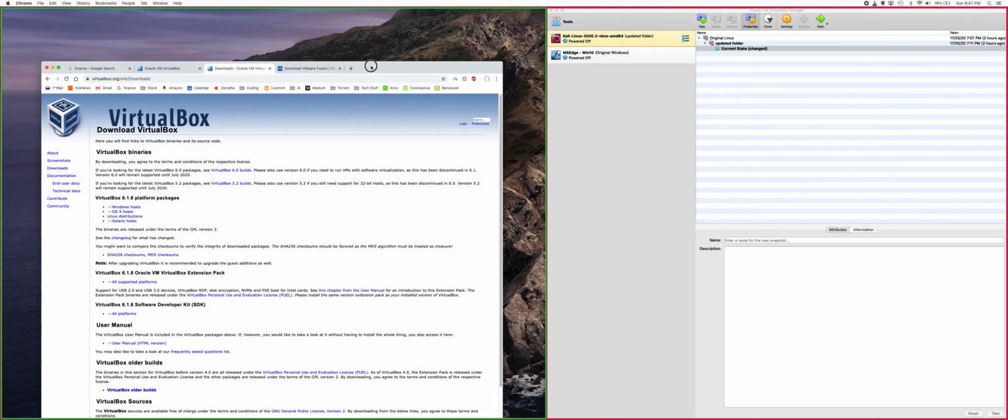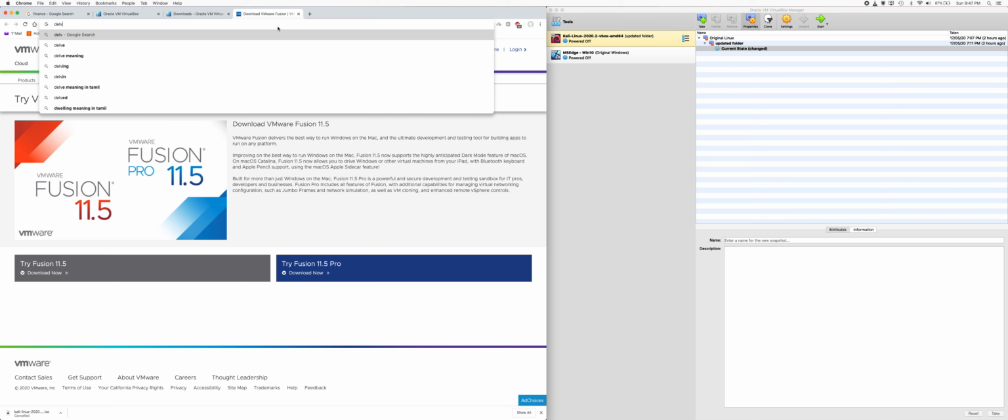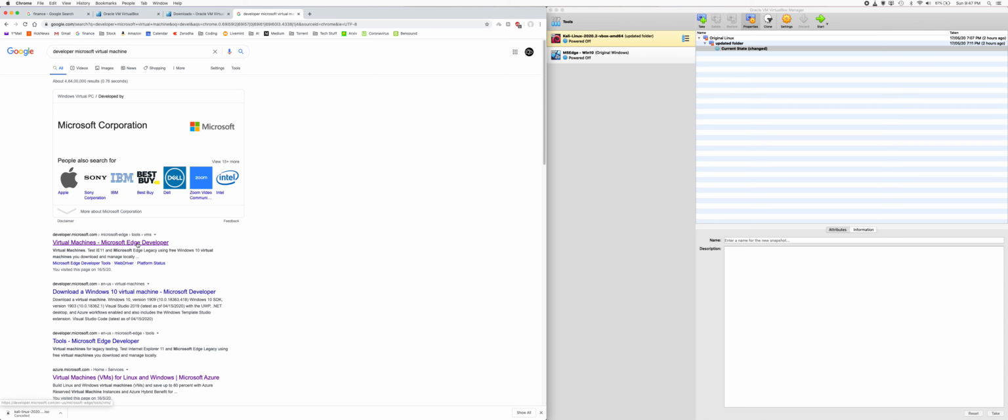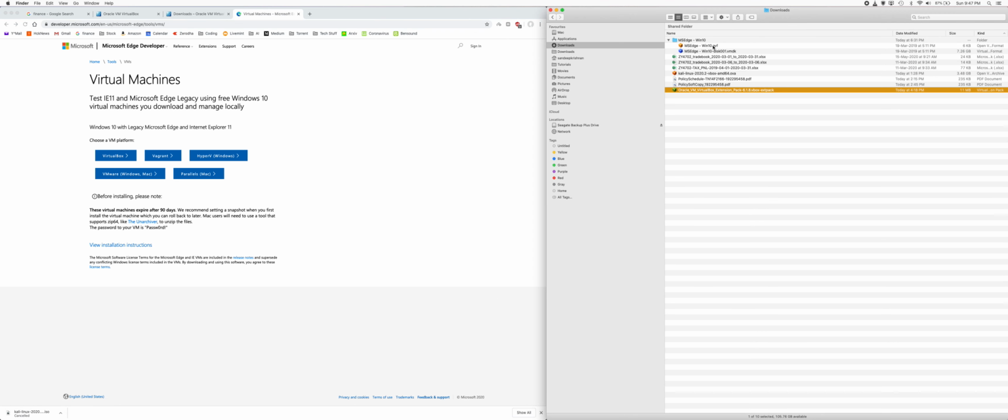Okay. So this is Kali Linux. Now Windows. Now we'll get Windows. So what you do is, Windows, same thing. Developer, Microsoft Virtual Machine. Come here to this link. Click here. Get this VirtualBox. Not this, not this, not this, not this. VirtualBox, download it. It's a 6 GB file. You get this.